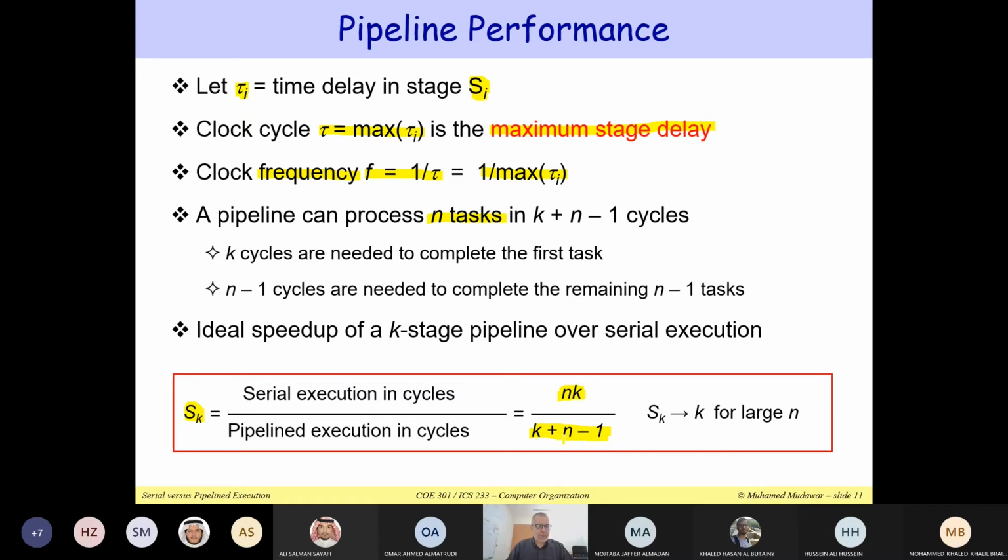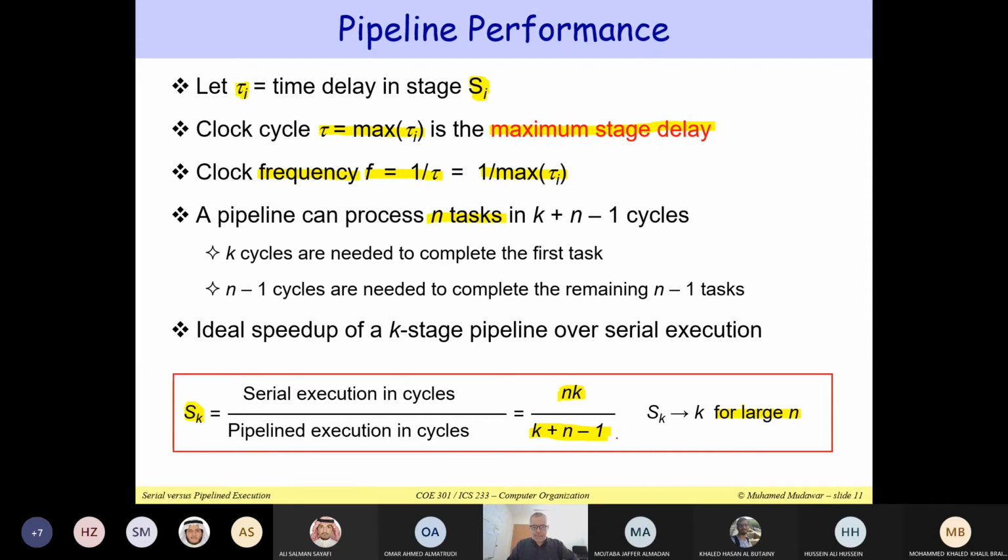For example, if n is 1 billion and you have a 5-stage pipeline, n is much greater than k minus 1. So for large n, which is typically the case when executing instructions inside the CPU,